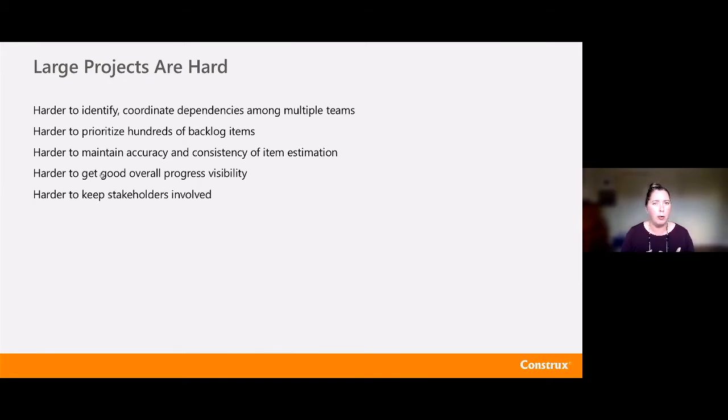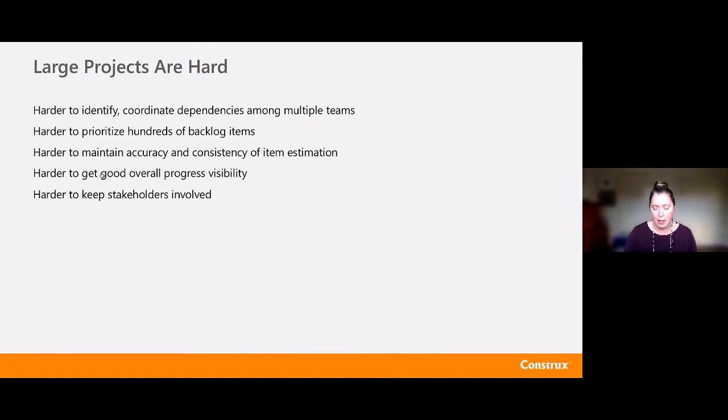Often I'll have a lot more stakeholders to get involved. Some of the organizations I've worked with, the stakeholders for a small project are a handful. The stakeholders for large projects are multiple dozens, often with different needs, different wants, sometimes literally conflicting needs and wants, different priorities. So how do I get them engaged? How do I involve them? How do I understand those needs? How do I capture those needs? How do I then communicate those to all of the teams who are part of building the solution for all of them?